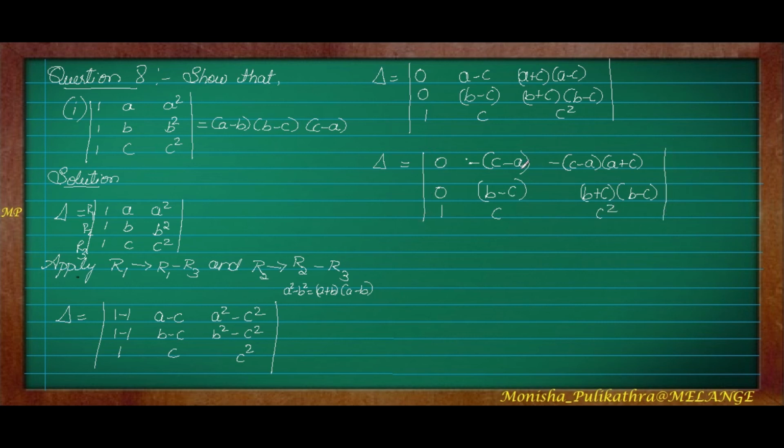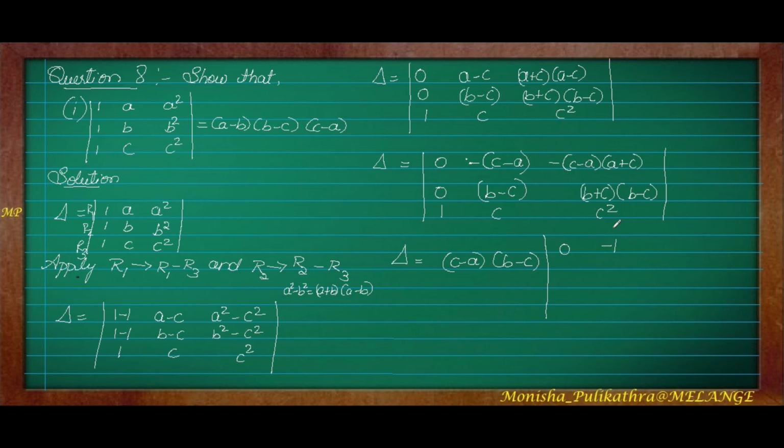Next what we have to do is take out this C minus A and B minus C outside. C minus A from the first row and B minus C from the second row. When we are taking common, the first common should always go to row 1 or column 1. The second will apply to the second row or second column. In the first row, I take out C minus A. If I take C minus A, 0 will remain as it is. If C minus A comes out here, minus 1 will remain.